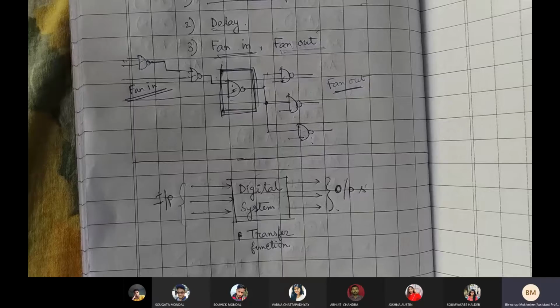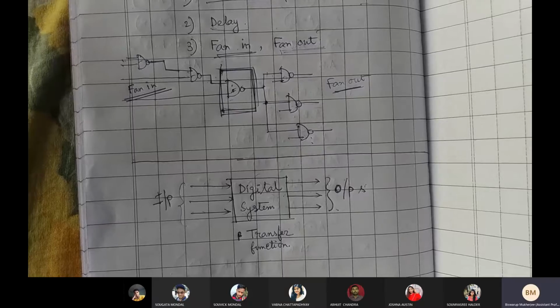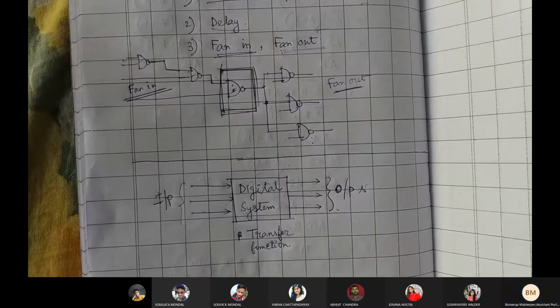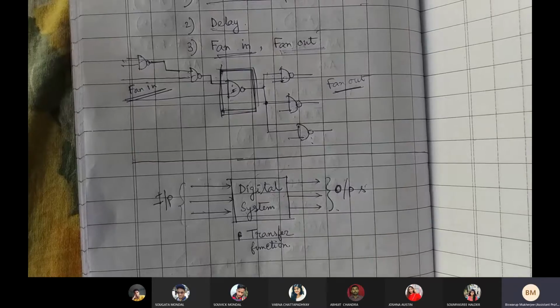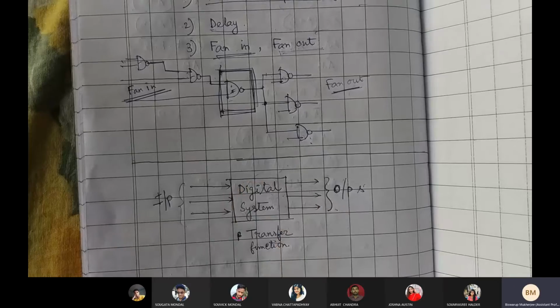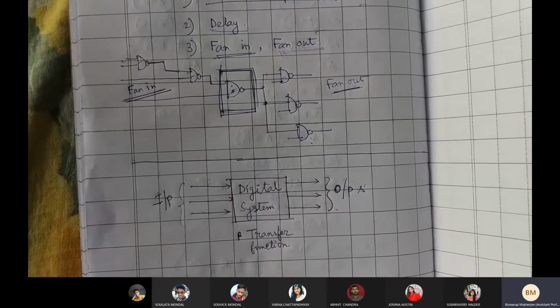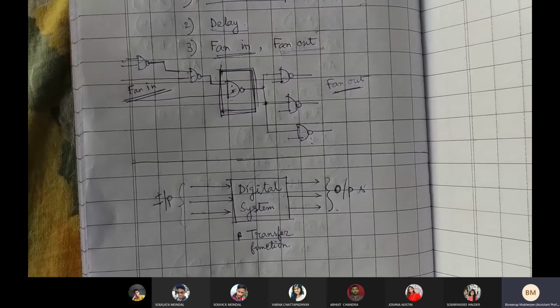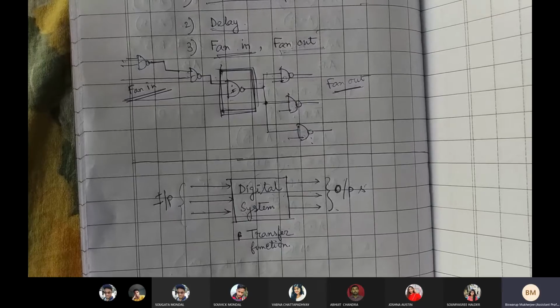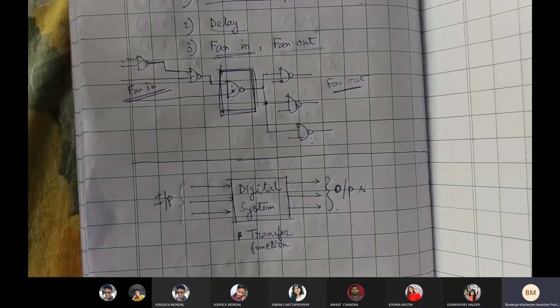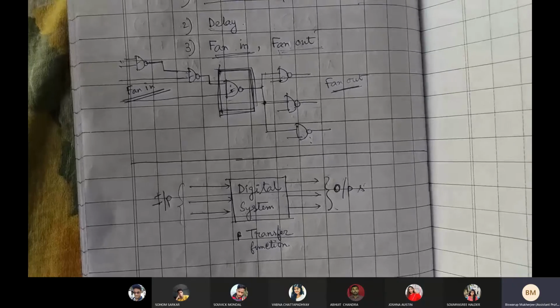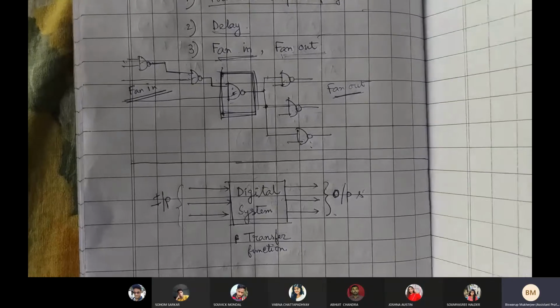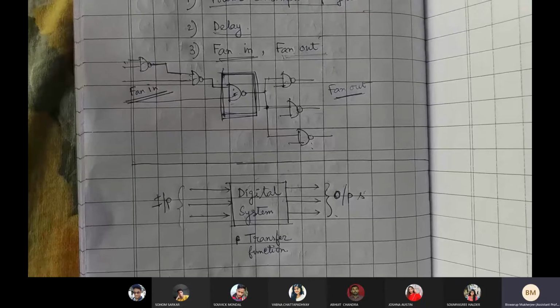So here also the digital signals will have some definite parameters. এগুলো নির্দিষ্ট parameter আছে. And there will be some transfer function also. How the inputs are being processed in order to get the output. Input কিভাবে process করে আমরা output পাচ্ছি, there will be some sort of transfer function. Okay. And that transfer function for this particular digital case, we generally say it's called Boolean function because it's a